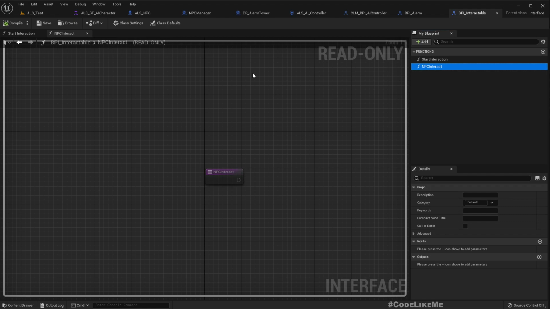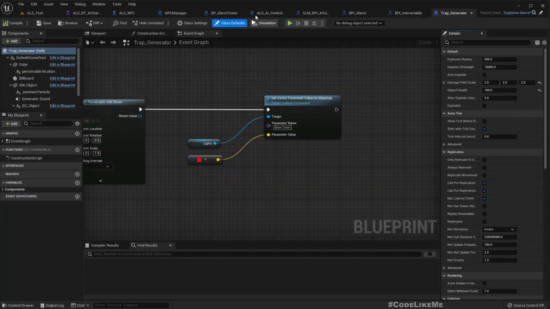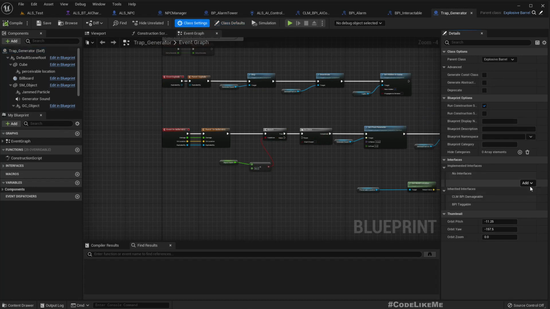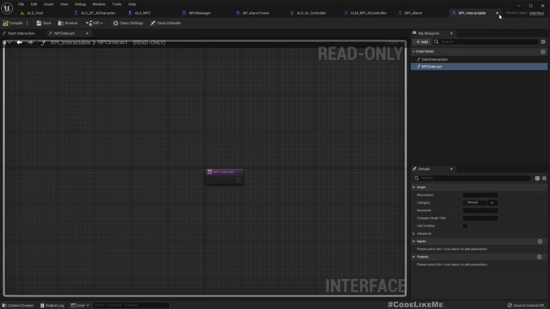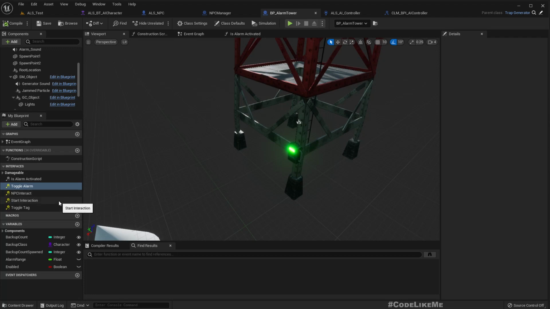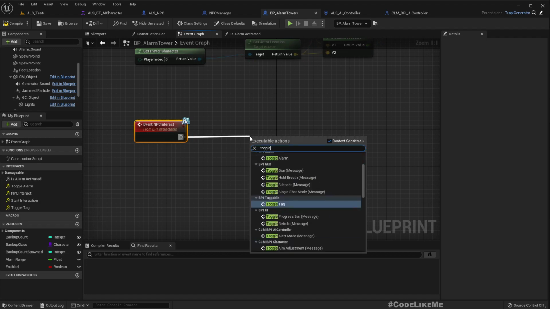So now I'll implement it not for the alarm but for the trap generator, because enemies should also be able to turn on or off the generators too. So, interactable PPI interactable. Right, now I'll override it in the alarm tower NPC interact. So here I'll basically call toggle alarm